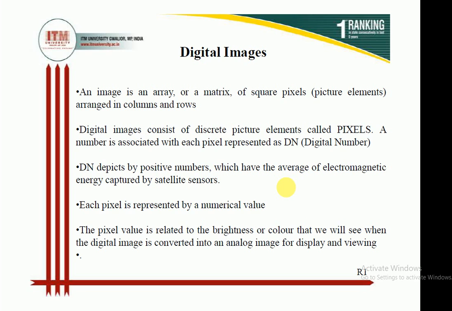If the digital number is low, it shows that the radiance from that particular pixel is very low. The digital number represents what amount of electromagnetic radiation is reflected back from that particular area. So if the number is low, the radiance from that pixel is very low, and if the number is high, it represents that the radiance from that pixel is high.